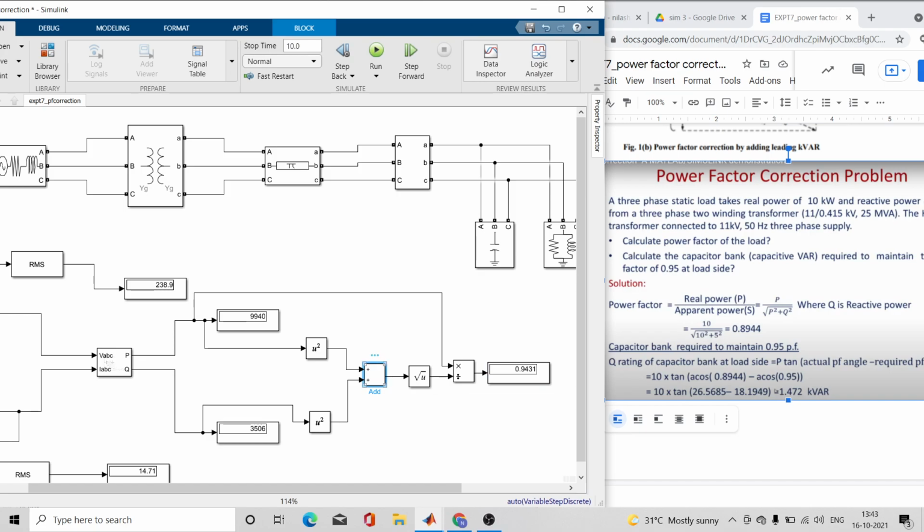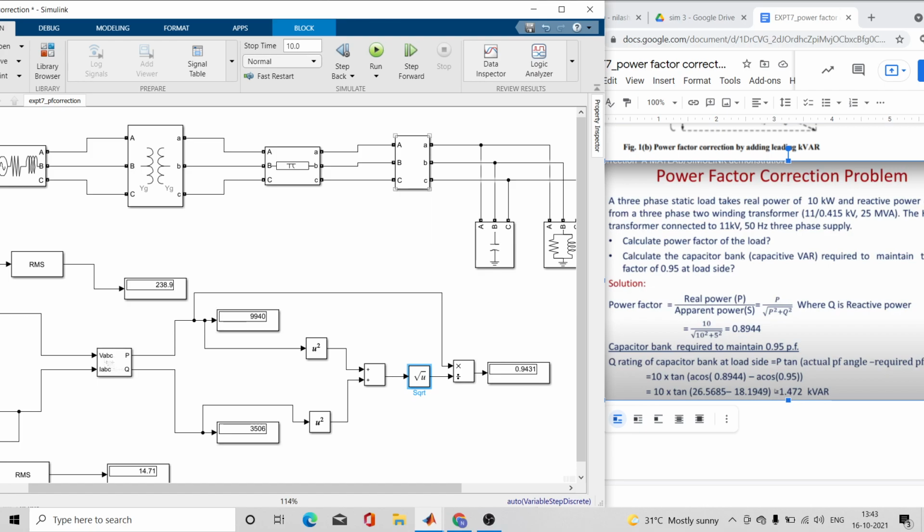At this end you have P square plus Q square, then you have to take the square root. You have a ready-made square root block. If you put it over here, you will get square root of P square plus Q square, and it will be at the denominator, and at the numerator there will be P. So we are dividing your real power by square root of P square plus Q square. How can you do it?